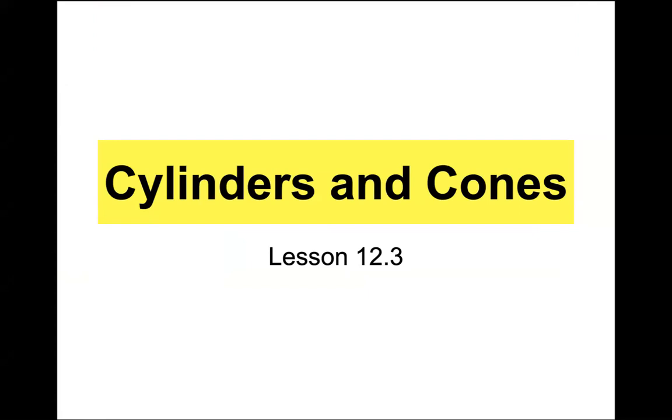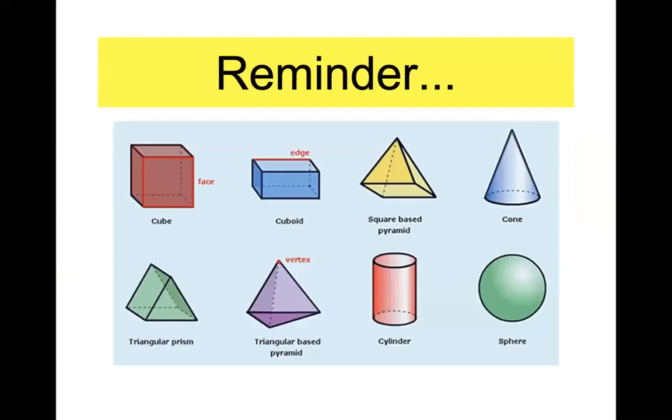All right, cylinders and cones. You know the drill by now. I'm going to give you the shapes. We're going to do two formulas, one for surface area, the book likes to call that total area, and one for volume. Just a quick reminder, we've been talking about polyhedrons, and polyhedrons are three-dimensional shapes where the sides are made up of